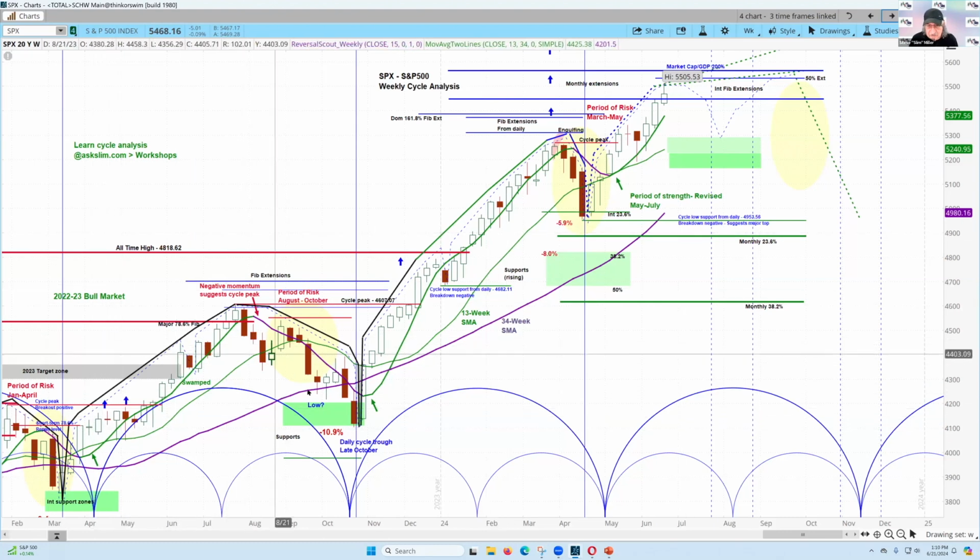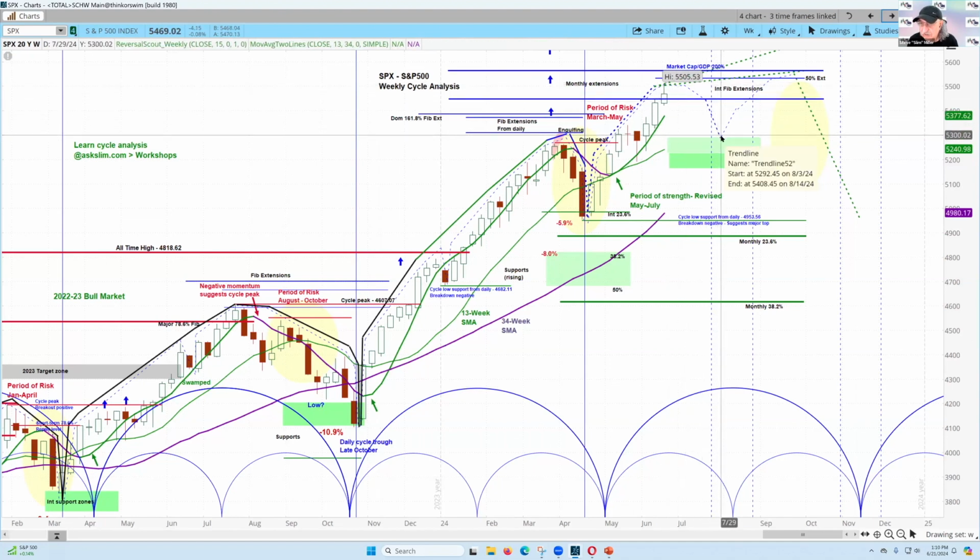You can see a positive cycle here, and the first part of this cycle positive, and the reversal scout giving you the momentum conditions. Right now we have been positive here on the S&P 500 and on the NASDAQ also. So this is the potential correction period that I discussed at the beginning of the show. My sense was that because of the enormous concentration in the S&P 500, with the top 10 stocks at record weighting in the S&P 500, and at the beginning of the show I showed you a chart on that,